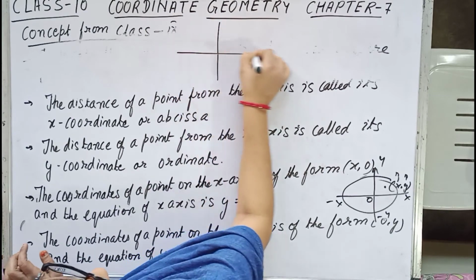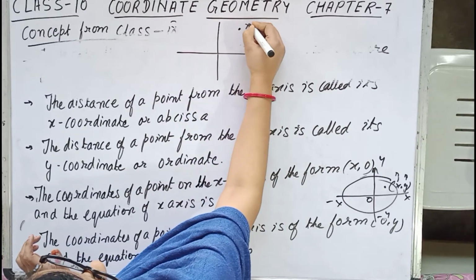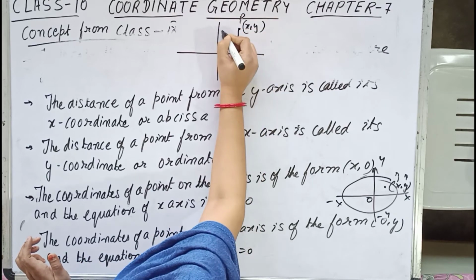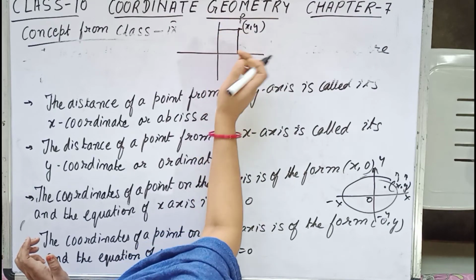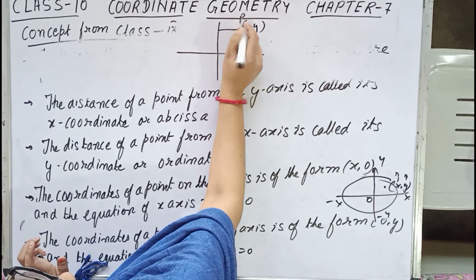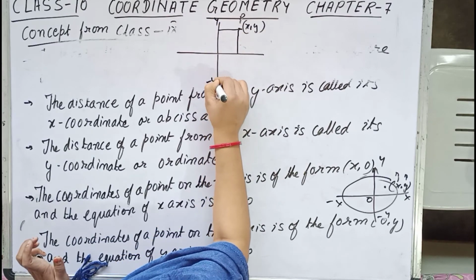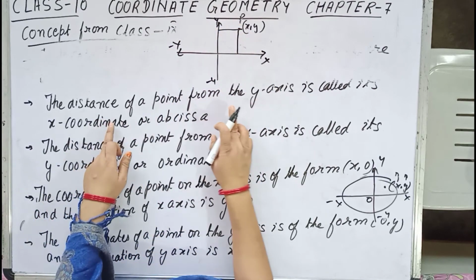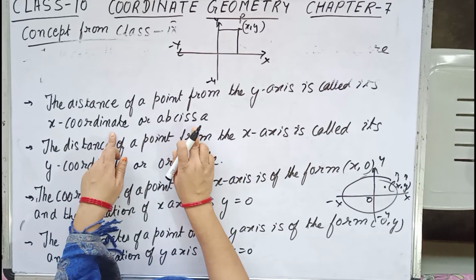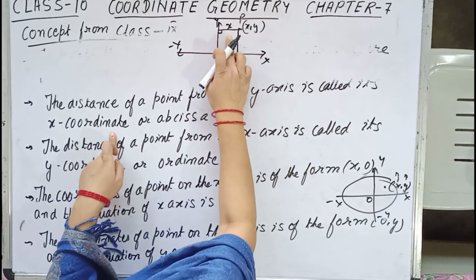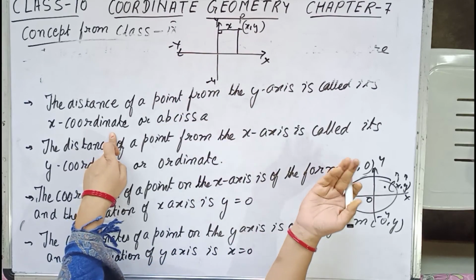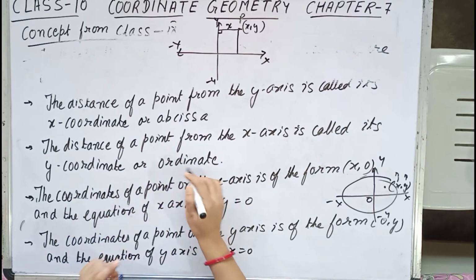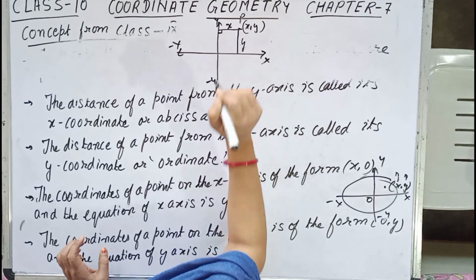So if I say over here, this is the Cartesian plane, and suppose a point over here (x, y), if I name it P(x, y), and if I draw a perpendicular on the x-axis and the y-axis, then this distance, the distance of a point from the y-axis, is x. This one is negative y, this one is x, and this one is negative x. This is positive y. So the distance of a point from the y-axis is called its x-coordinate or abscissa. So this distance is x, and this is the x-coordinate or the abscissa. The distance of a point from the x-axis is called its y-coordinate or the ordinate. Its name is ordinate. So this one is y.